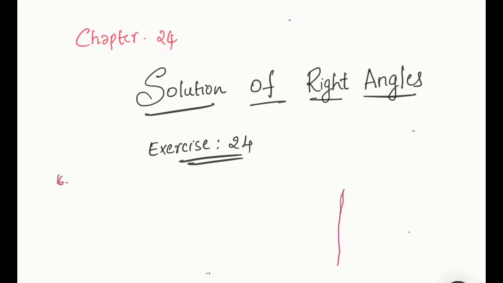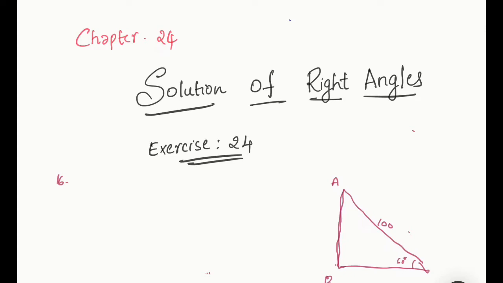Let me consider this is the height reached by the kite. When it is 60 degrees, the length of the string is given as 100 to us, right? I'll just mention it as ABC. We need to find AB here, correct? The height reached by the kite when it makes 60 degrees.